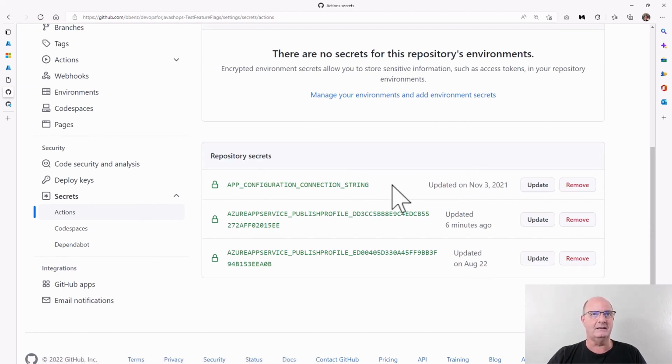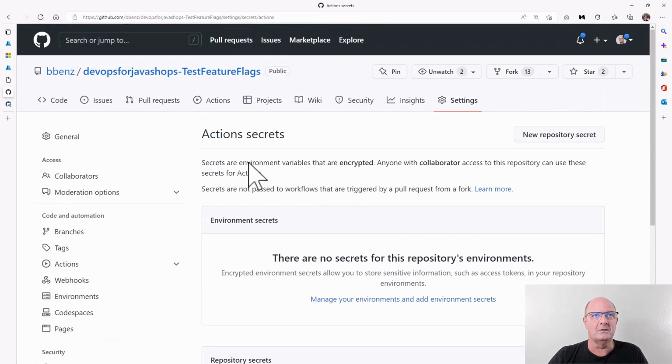It's hidden and it's only in my clone of this. If you clone this, you won't have these secrets available to you. You have to create your own. The deployment process we had for the web app also creates this token that we use to secure the connection between the GitHub repo and the web app, which should be obvious why that's desirable. So those two secrets are in this repo and they won't be in any other clone or fork of this repo.